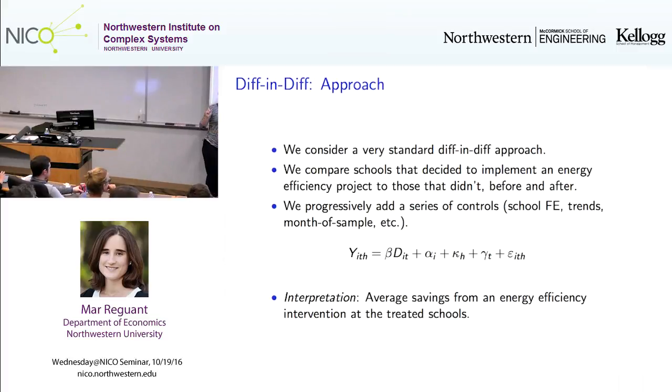So if you think about the regression, what we will be doing is having the consumption of the schools, and then we will be including a bunch of things to control for heterogeneity among the schools. But then the main variable of interest is this dummy variable, an indicator variable of whether a school did a project or not. On the before period, it will be 0 for everyone, and in the after period, it will be 1 for some schools. So the comparison is this before and after between the schools that did it and didn't do it.